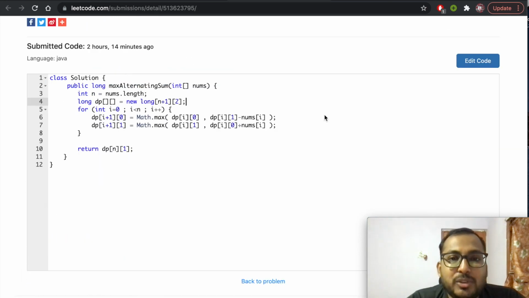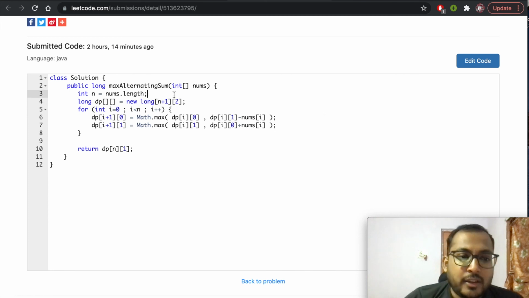So this is the dynamic programming solution that we discussed. Here I have saved in n the length of the array, and I have taken a 2D array of dp which is n plus 1 cross 2 because even and odd we have two only choices. So next for the even choice, I already told that either take a prefix of even length that was previously maximum, so I take dp of I 0, or I take simply the odd prefix that was previously maximum and I remove the current element.